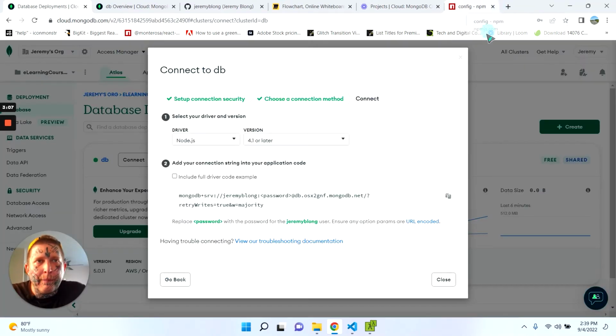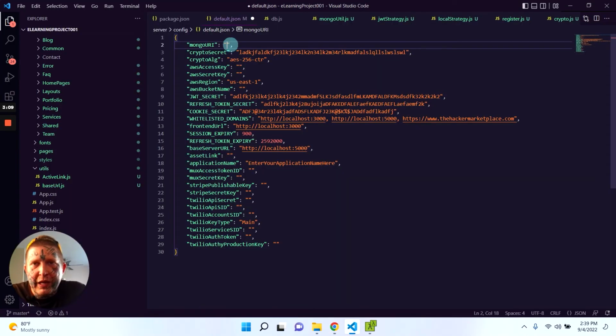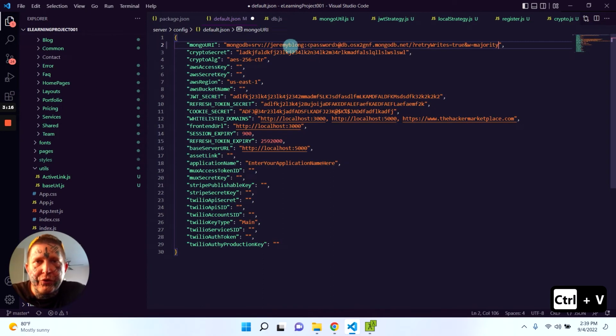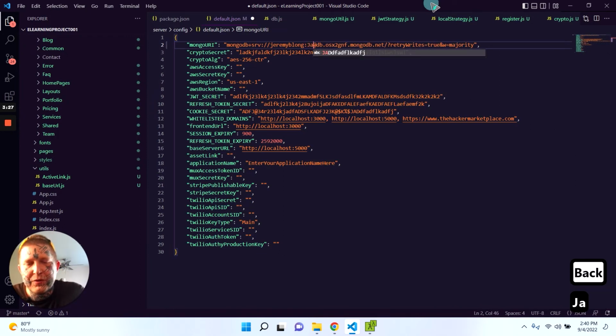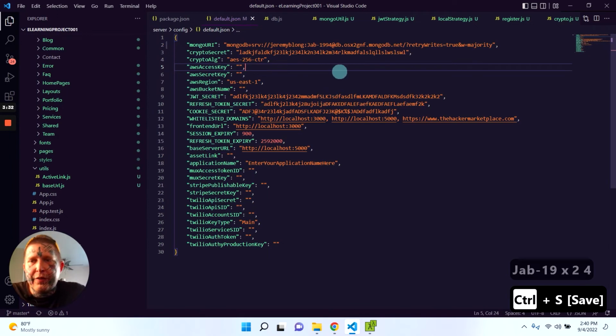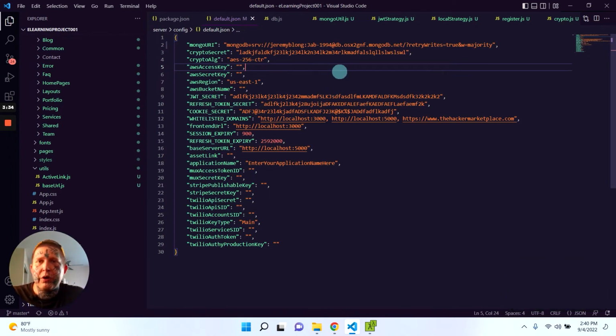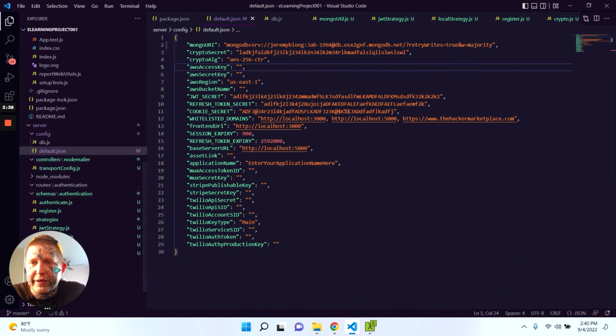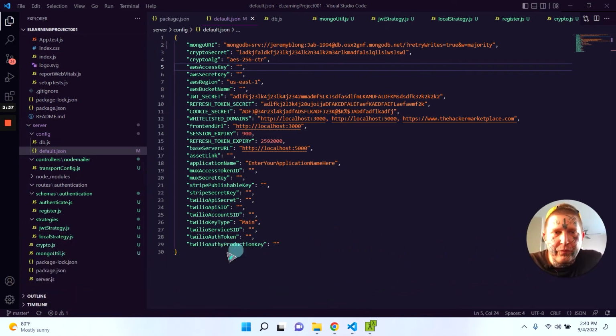So we're going to go back to the code, and basically just paste your string wherever you have that configuration file. And so your username is already filled in, and in the previous section of the video, we set our password and our username. So you just need to fill in the password and save this file. And theoretically, if you have your core code or connection string set up as such,